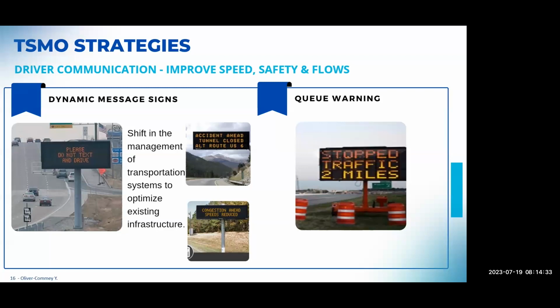Dynamic message signs work pretty well with the variable speed limit signs, because not everybody gets what you mean by the speed limit signs changing. So we tend to supplement that with the boards. And the boards give the text breakdown of what might be happening or what might be causing all the speed changes. Sometimes they involve a lot of messages reminding the drivers not to text and drive, don't drink and drive, or it gives them a warning about the queues that are ahead.